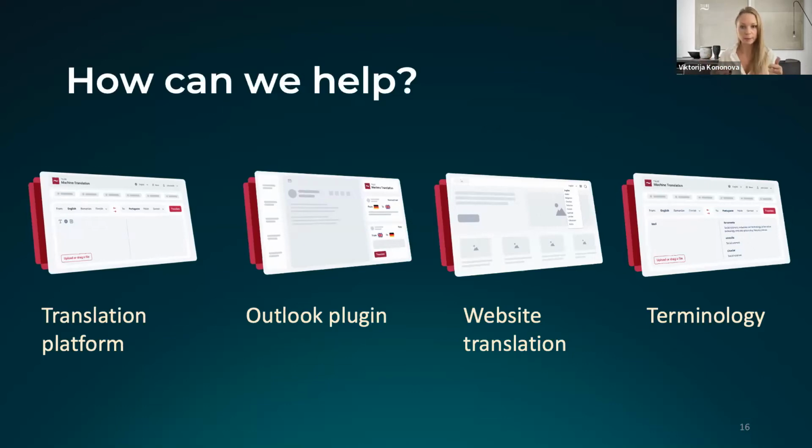You can also upload your existing, perhaps, glossary that you've created prior in any format. You can create collections explaining terms in different languages, and you can synchronize that with your translation, teaching the system that these are the terms, this is how you want them to be translated. And I'll also show you this in a little bit.